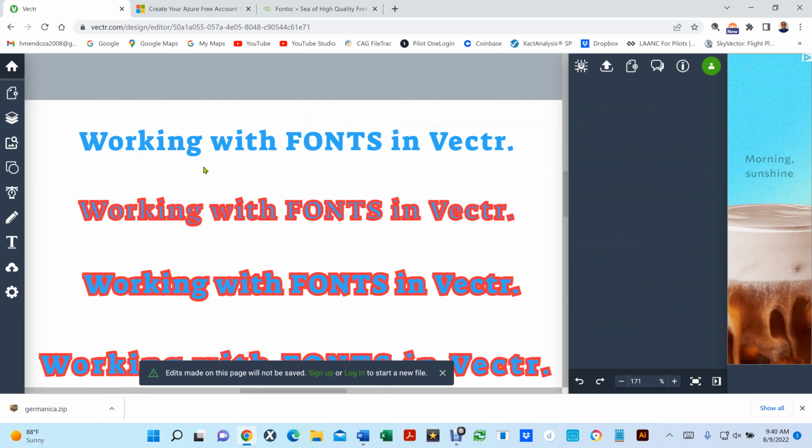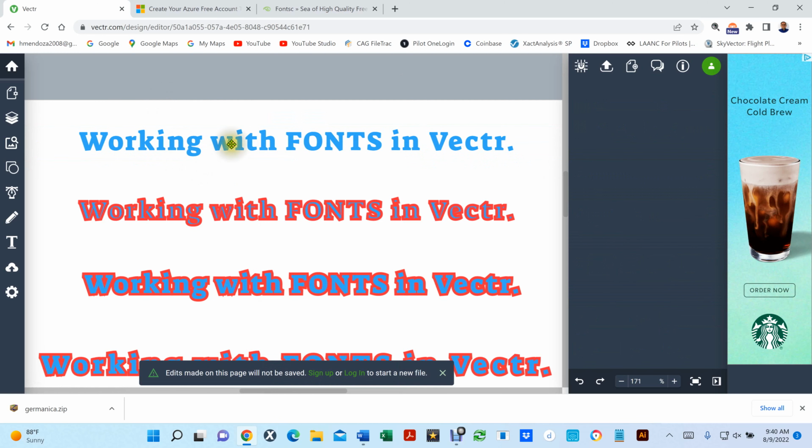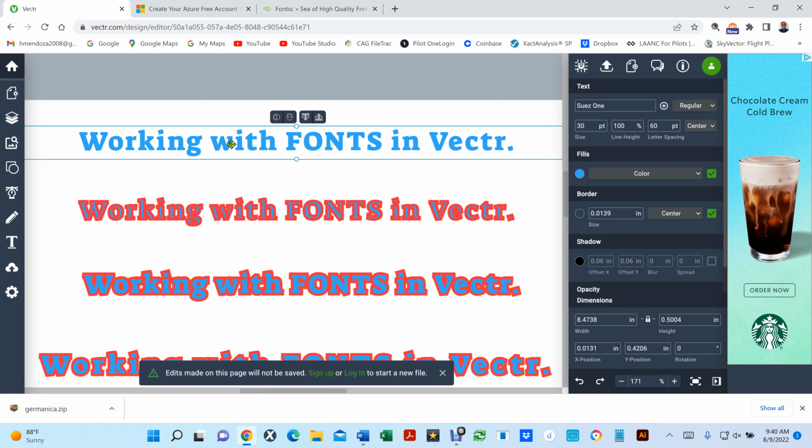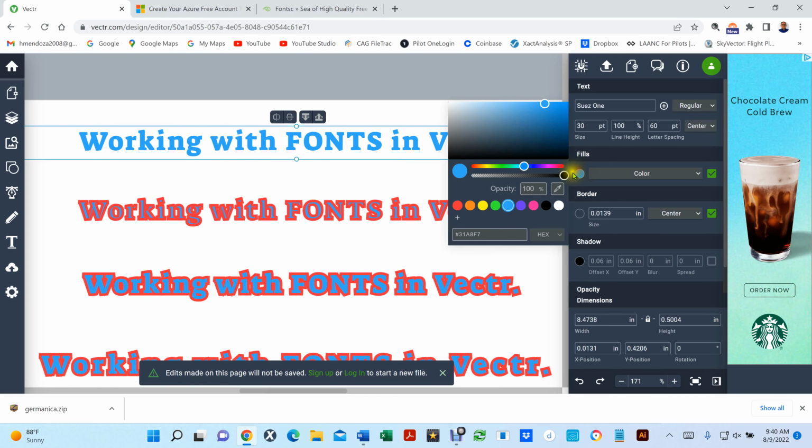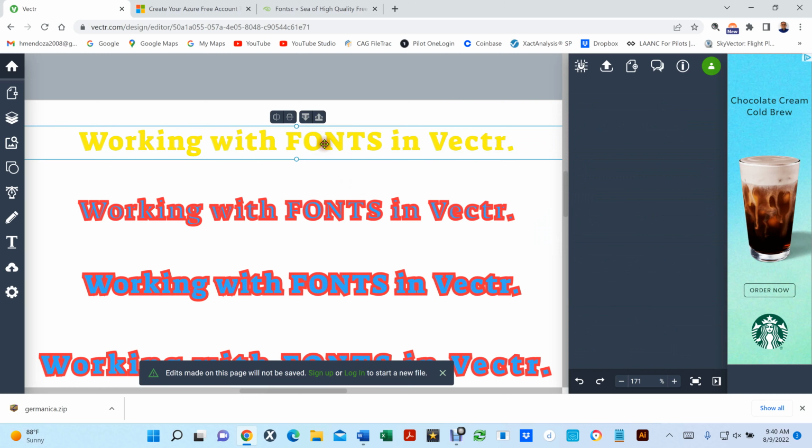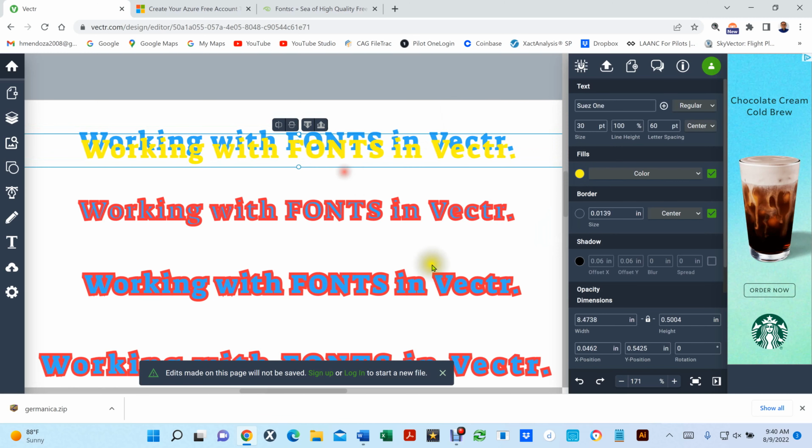So let me show you how we know that it worked. If I click on this and I change that to yellow. Now if I move this one, look, there's going to be a blue one on top. So we know that that copied it directly on top. Okay, so